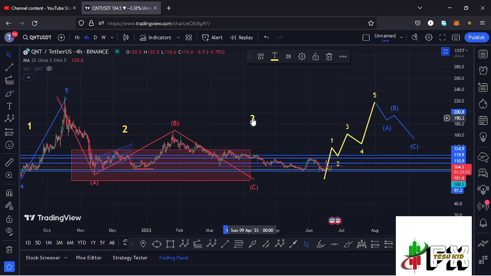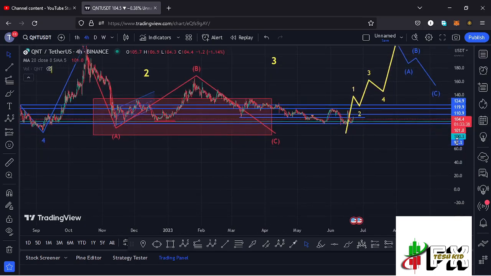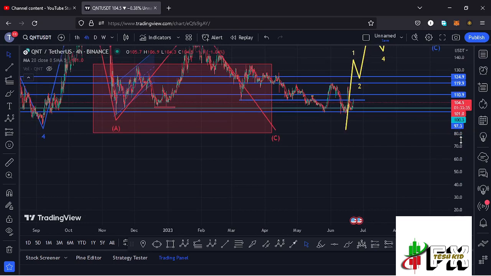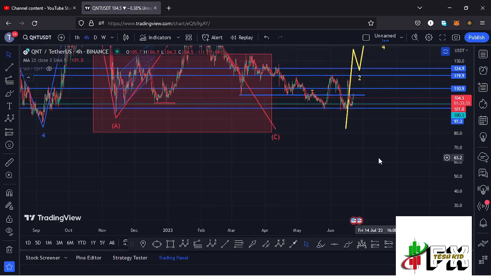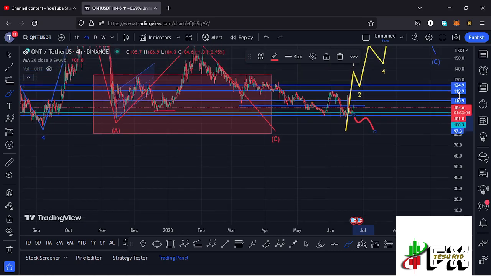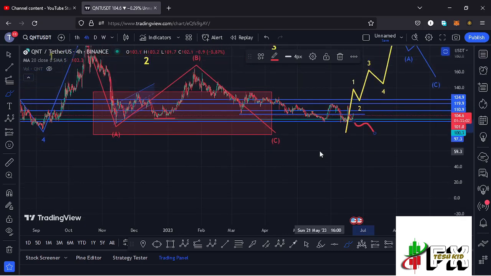That move suggests that in case Quant is able to lose significant areas of support over here, maybe we get below the $100 mark once more, lose the key area of support at around the $97.3 mark, and we continue seeing further breakdown, then there are chances that Quant might be able to put in place one more new low in the formation of this wave 2 within our red target area, and that could suggest that we might still see an $80 point something